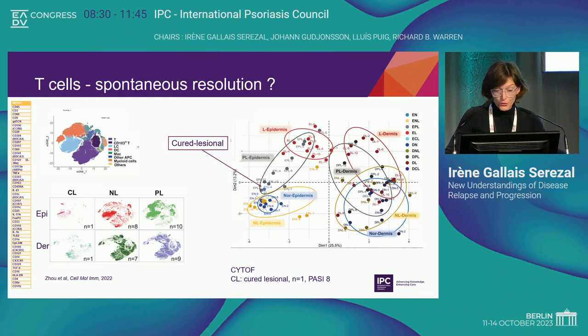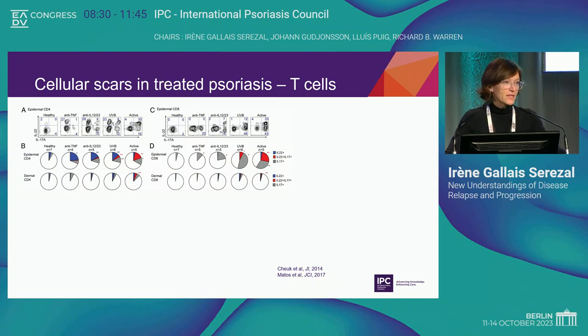And here you have your cured lesional that clearly belongs to the perilesional, so it shows you that something is going on here. And the cell type in the resolved skin that has caught most attention, even though it's not the only one at all, are T cells. And almost 10 years ago, it was shown that following anti-TNF, anti-IL-20,